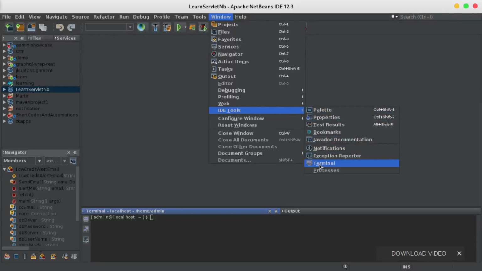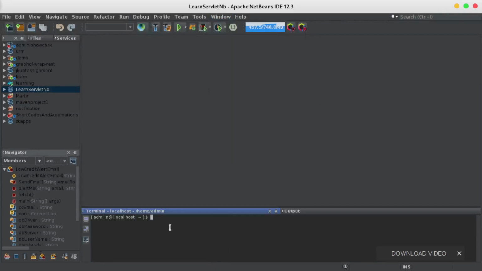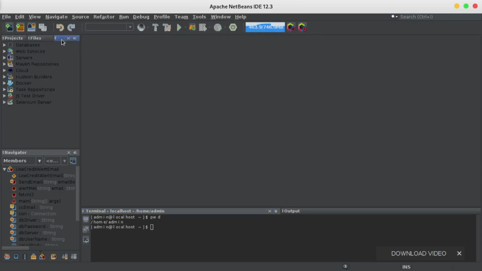You can click on it here, and then it is going to come down here, and I can do my terminal commands there. If I want to go to a certain file, I can do all that. If I want to do any Maven commands, I will be going down there. But for now, let's just create, oh, maybe before then, I talked about